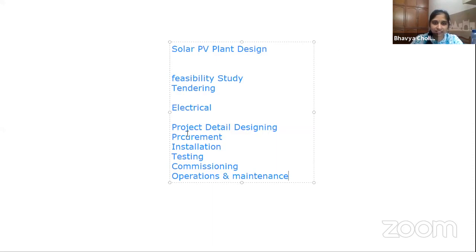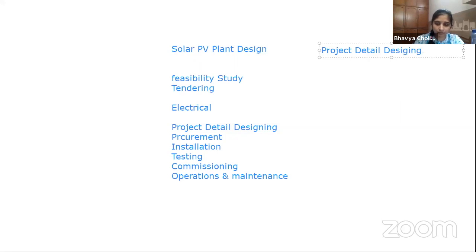Right. If I see all of them, in the project detail designing, what does the project detail designing consist of? Let's understand it from another aspect. In the project detail designing, the first point is that you have to create the SLD. To create an SLD, you should work with software. We'll first go through the steps, and then we'll discuss what tools are required to work on them. To create an SLD, you should know the designing concept of it, that is, the